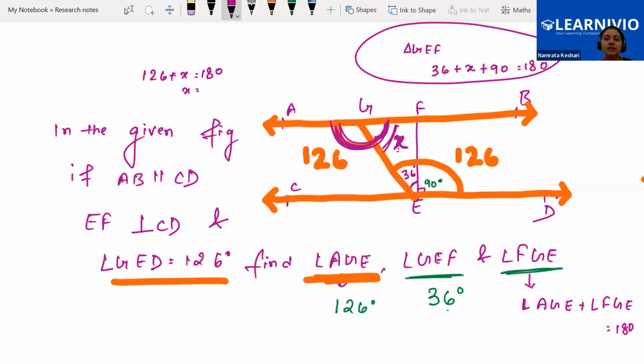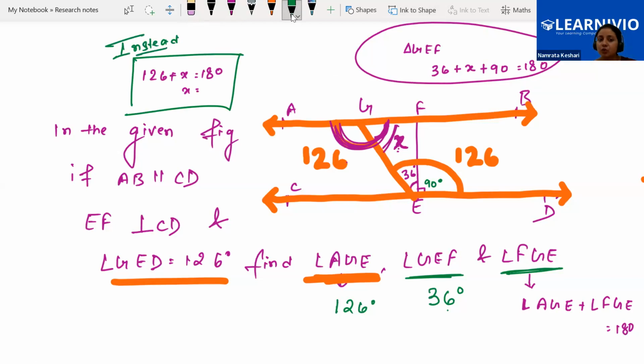Or who was saying this approach, Farhan or Irshad? The triangle one? Irshad, right? Yes, ma'am. Yes, Irshad said that instead of doing this one, we can also do it the other way. So this is